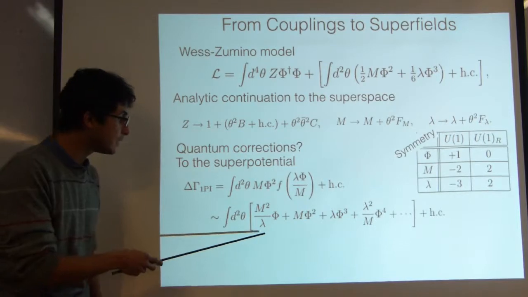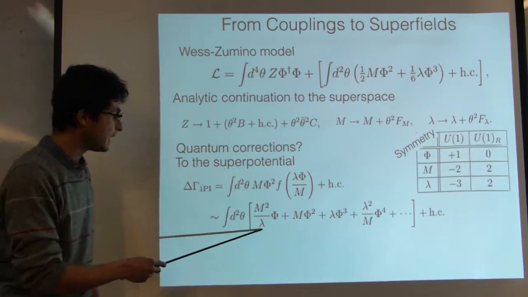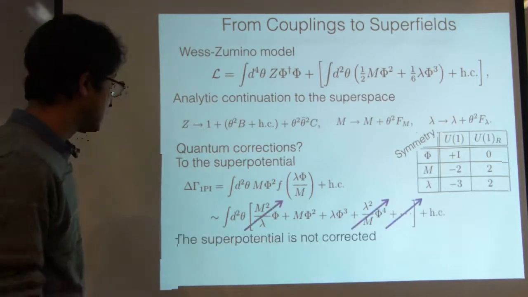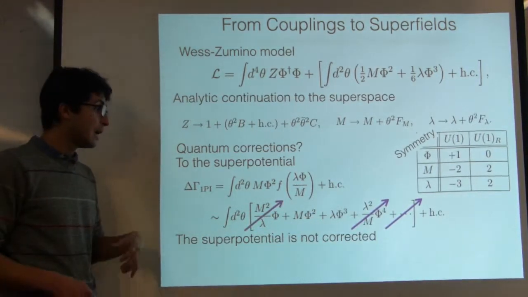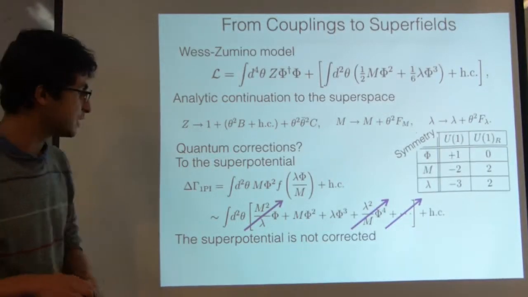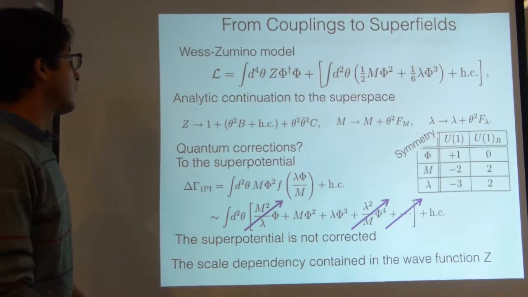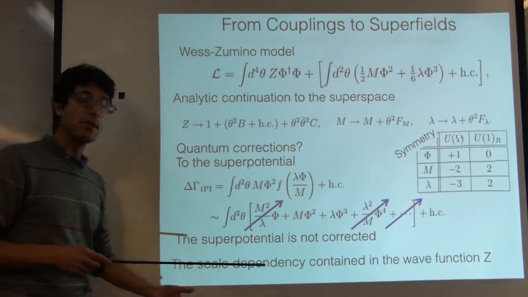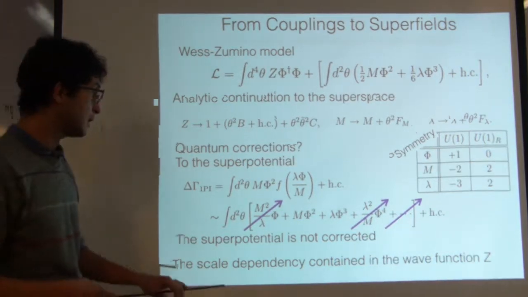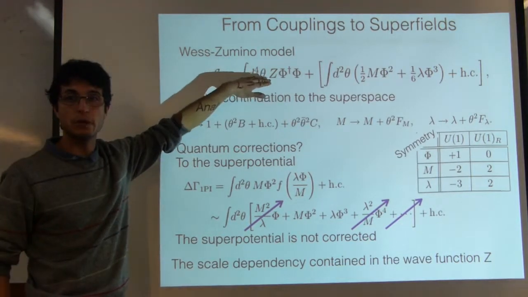However, as you see, if these terms and these ellipses here, when you take lambda to 0 or when you take m to 0, are divergent, so they cannot appear there. And what you remain with is the original superpotential. It means that the superpotential is not corrected by quantum corrections. Therefore, the only corrections in the quantum theory will come from this guy. Okay, if you correct the theory by quantum corrections, the only guy that is going to transform is this one.